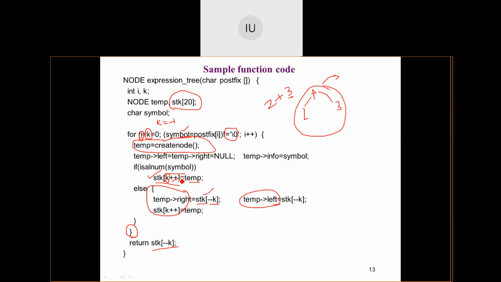Given a postfix expression, construct the expression tree, and the same display function which we have used for the normal binary tree, you can copy and paste it. The expression tree constructor calls the display function, which will display the expression tree sidewards, then call in-order traversal on it.